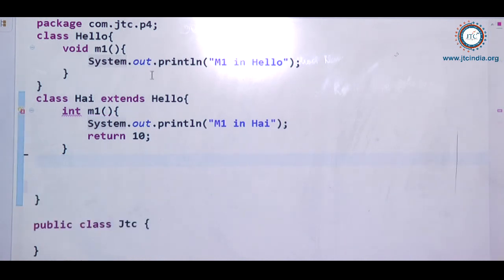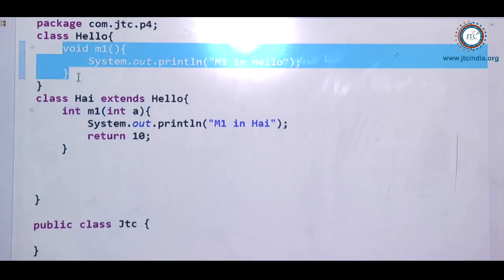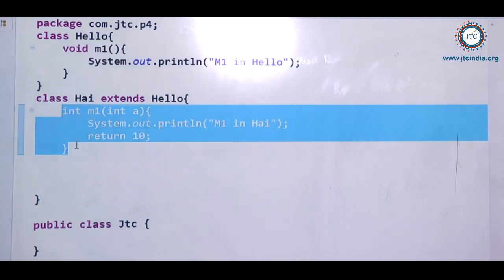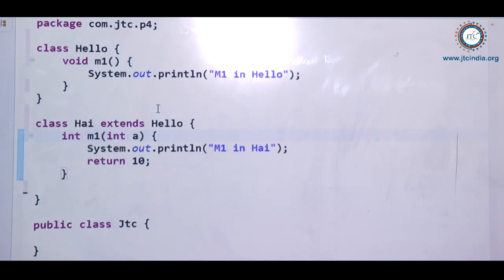So now we can write this, but we need to change the parameter of it. This method is somehow coming to the Hi class, right? And when it is coming to the Hi class, this method is also there inside it. So when both methods are available, I can say that in a super and subclass also we can overload the methods, right? So this is one of the very important concepts, that is method overloading.